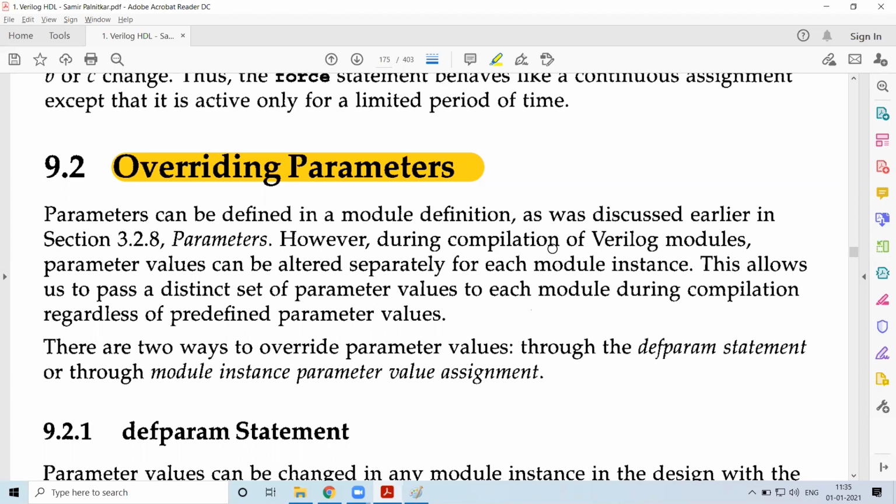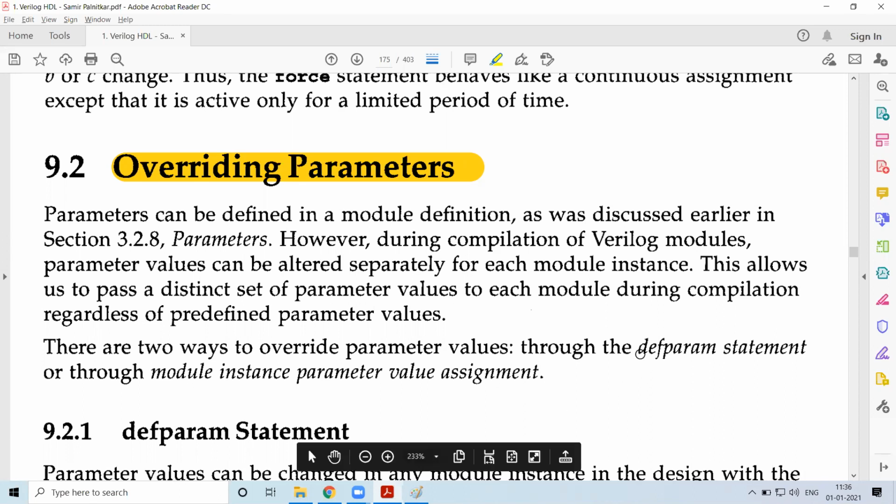Now, if I want to change those values, I create multiple instances. Say, for example, in the above example, we created an instance of the edge D flip-flop. If you have multiple instances, and in each instance I want to start off with a different D value, that is, in one module I want to start with D equal to 0 and in another with D equal to 1, I can do that. But by default, if I have given 0 somewhere and I want to override that, this is what we can do.